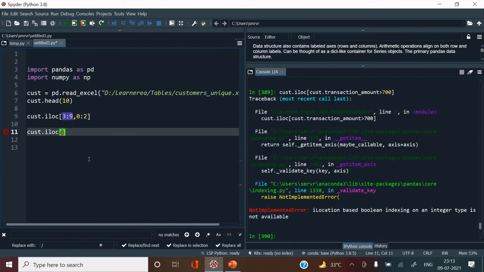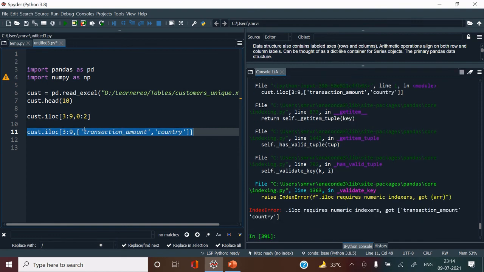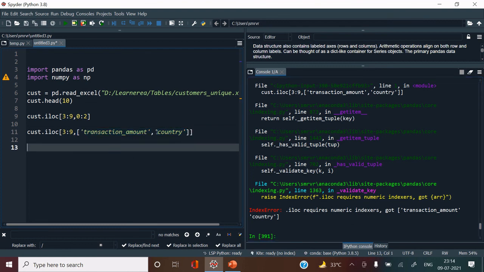Here I am just putting a range of rows and I am just going to provide a list of columns. First column will be my transaction amount, and then second column I would say country. Let's see if that works.